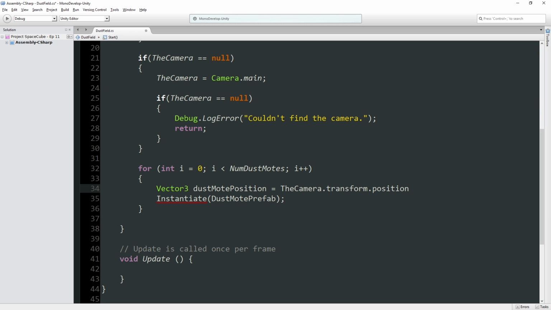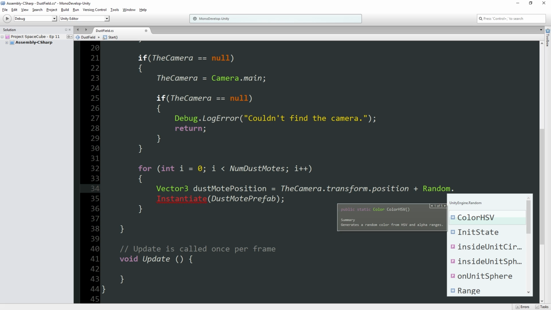I mean, I guess we don't technically need a sphere as long as the dust motes are in front of the camera. That's sufficient. But when the camera rotates, obviously there's going to have to be dust behind us. So it's better to just spawn everything in a sphere, and then we're in pretty good shape at that point. So how do we do that? We want to spawn at the camera's position, offset by a random direction, sort of in a spheroid kind of thing around the camera. Well, as it turns out,